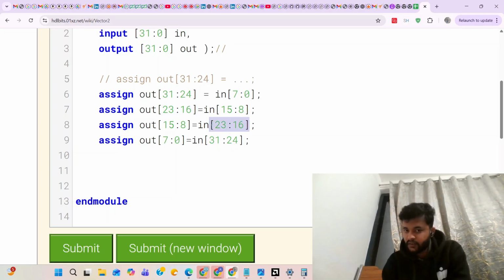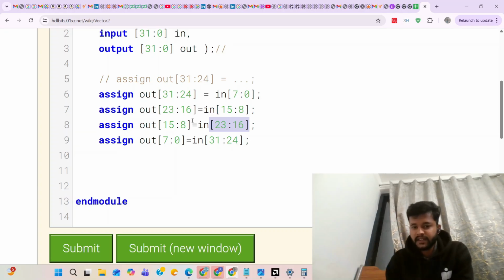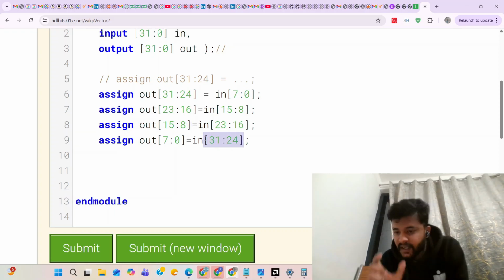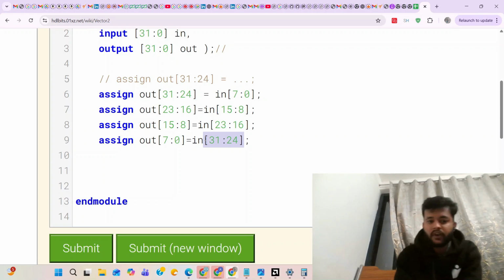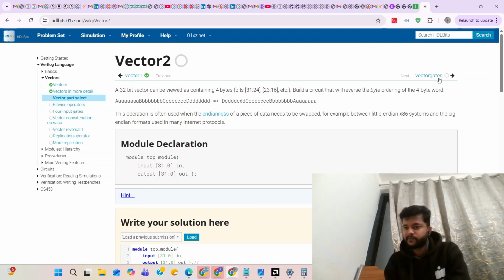This part was the third most significant from the least side, so we assigned it to the third most significant part. And last, the MSB part, those 8 bits, was assigned exactly to the LSB of the output vector.